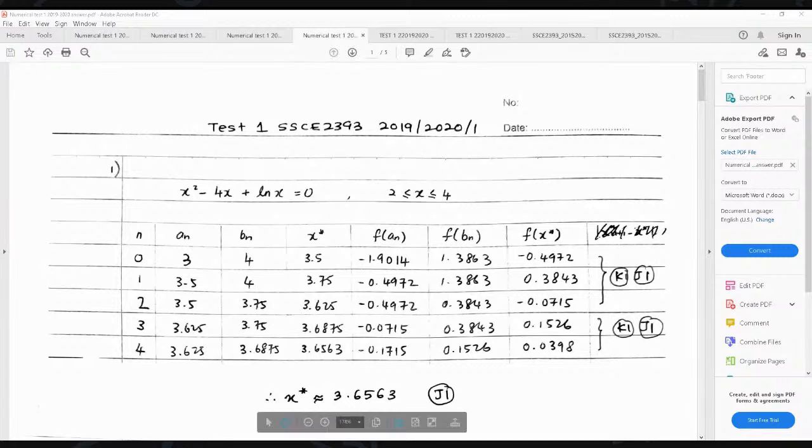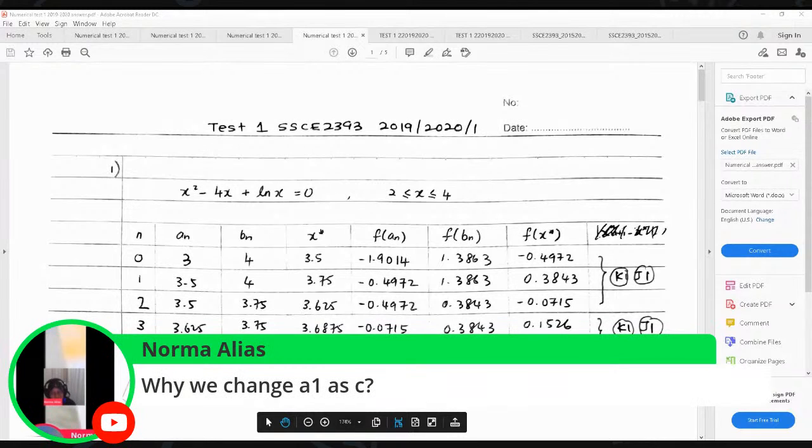Okay, why do we change A1 as C? This is my question. You can see here, A1 is 3.5. We change A1 as C because